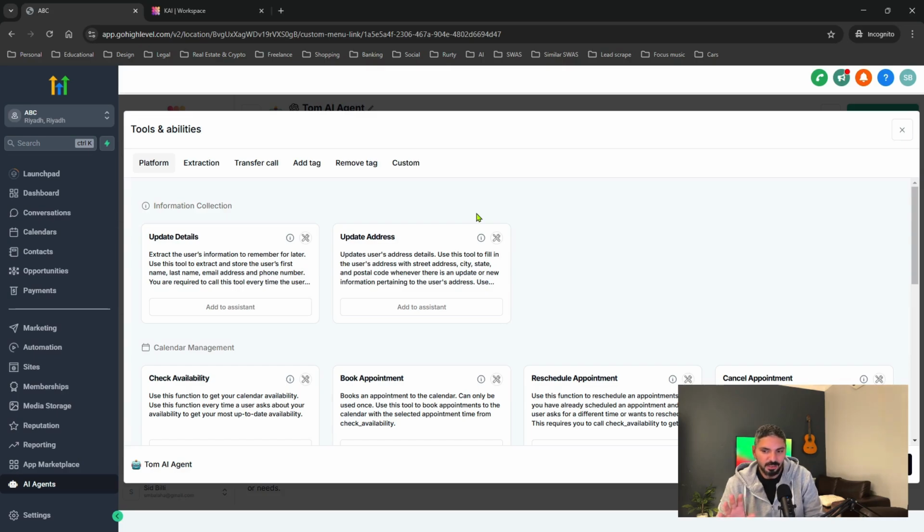Guys, I can't emphasize enough how amazing this is to be able to create an AI agent assistant employee with